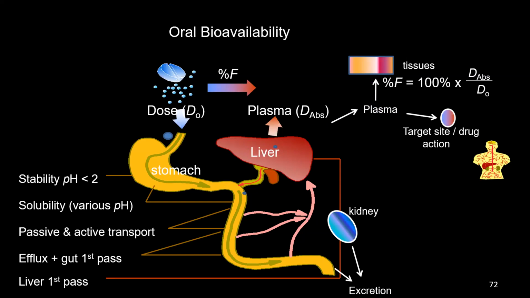So I may take a 500 milligram ibuprofen. What is reaching my foot may be very, very small to act, because it's going through so many steps. So this ratio is called oral bioavailability. Okay, this ratio is called oral bioavailability: the ratio of what is available versus what is given as a dose.